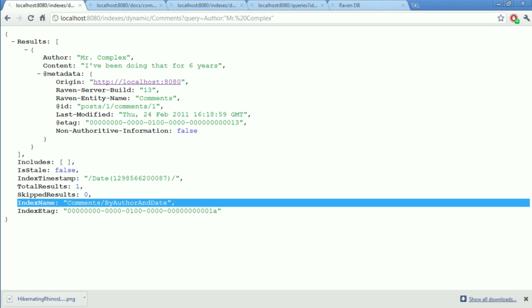Let's see. Can you talk about deployment? How would you deploy RavenDB in a hosted environment? I assume that we're talking about something like GoDaddy or Simple ASP or something like that. So we have people hosting their stuff there.